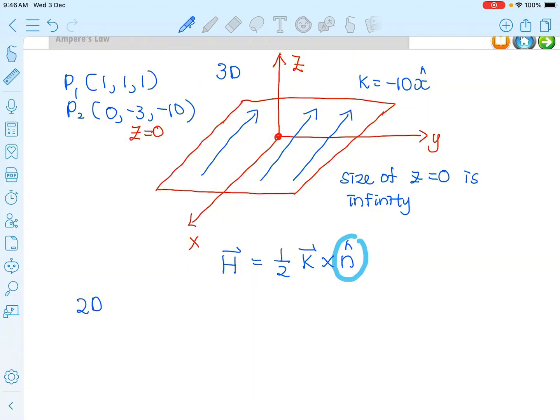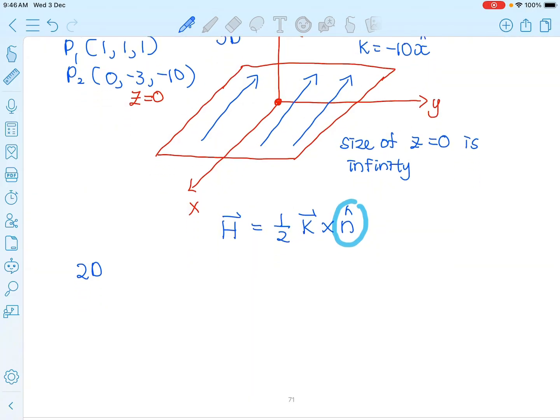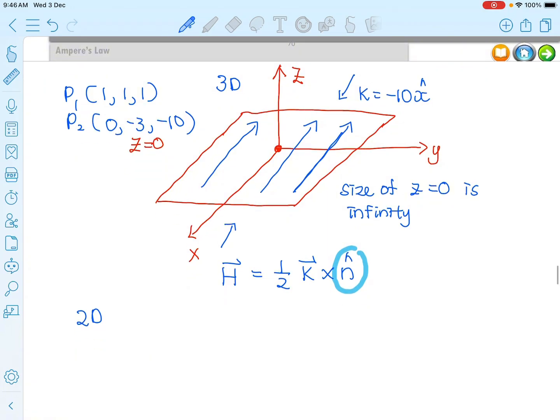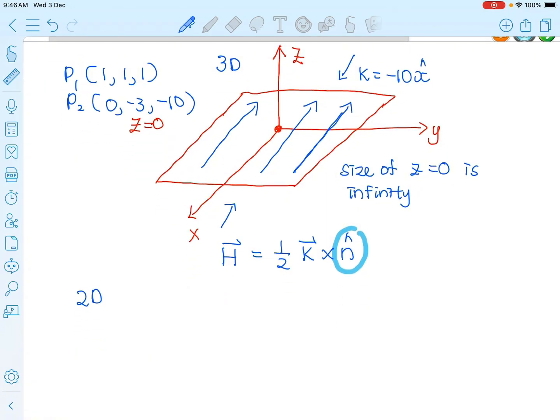Okay, so you have to look at this plane from these directions. You cannot look from here, because if you look from here, you cannot see the direction of the current flowing, since the current is horizontal in this way. You either view from the positive x direction or from here. They are the same thing, and later I will show you. So first of all,